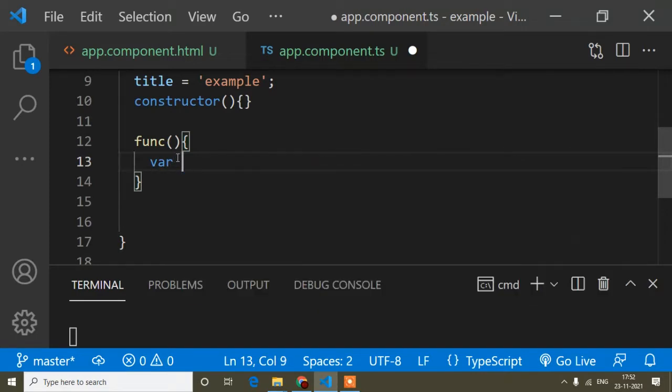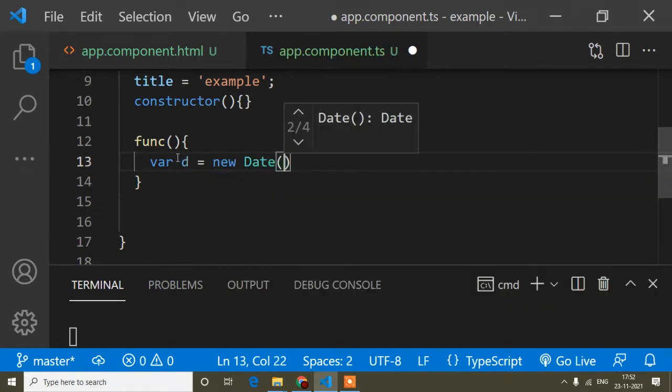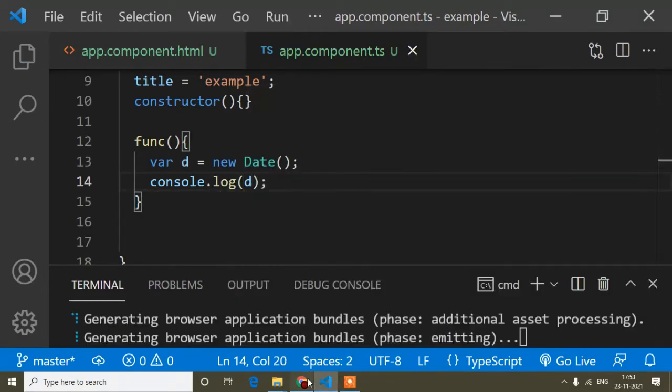Here I will write a variable, var d, but you can write any variable name. And here I will write the pre-defined JavaScript method called new Date. New Date returns today's date and the time. I mean, whatever the date is and at whatever time I click this button, it will be returned by this pre-defined JavaScript method. Now first of all I will console d, save, and open.